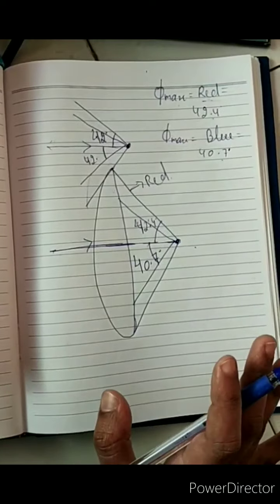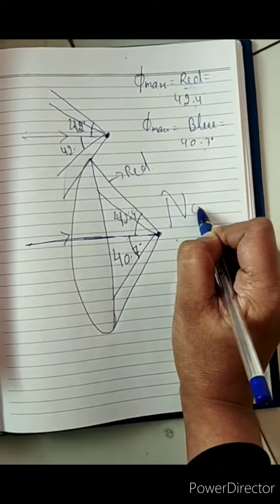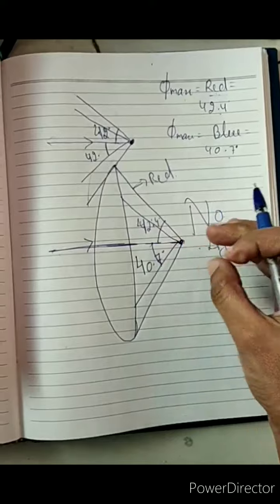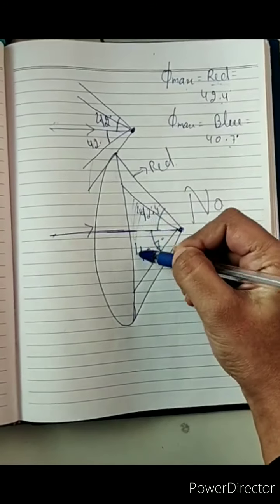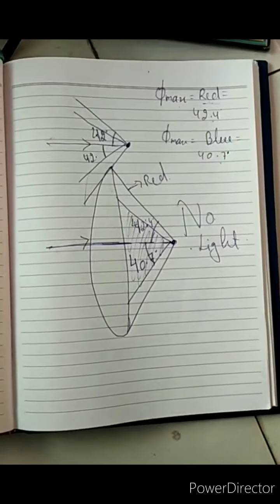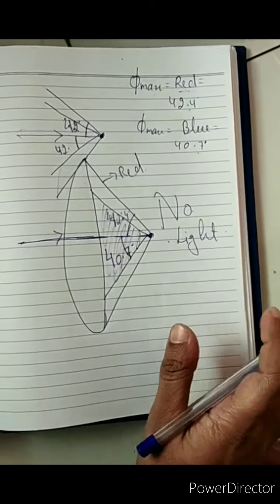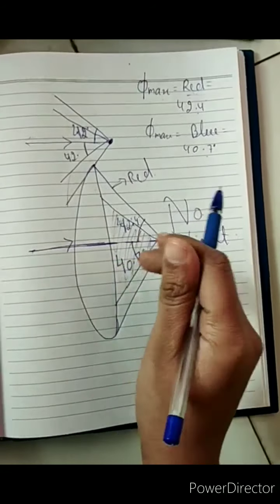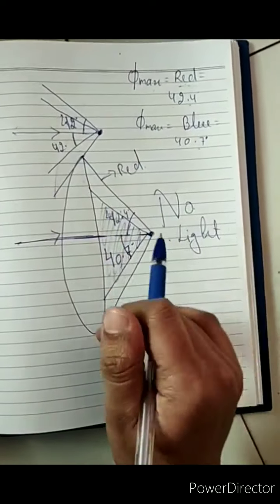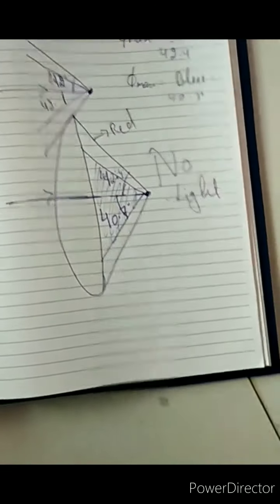Between these you will get your different colors, every color, yellow, green. No light should be here, that's not allowed. When all the light, that is red, blue, orange, all light, is reflected together, you will see white light. So here you will see white light, and here you will see complete darkness. Nothing will form here, because this angle should be 42.4 degrees, and more than that is not allowed. So here is your white light, and here your colorful bands will be.